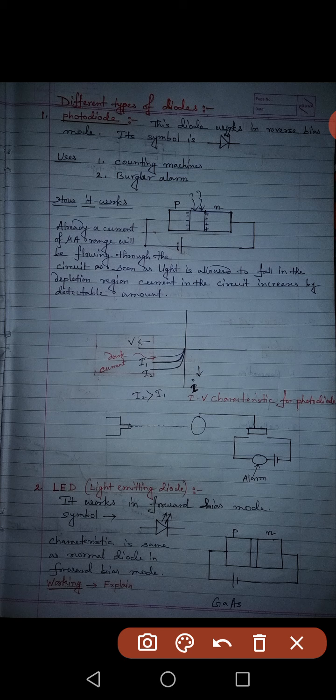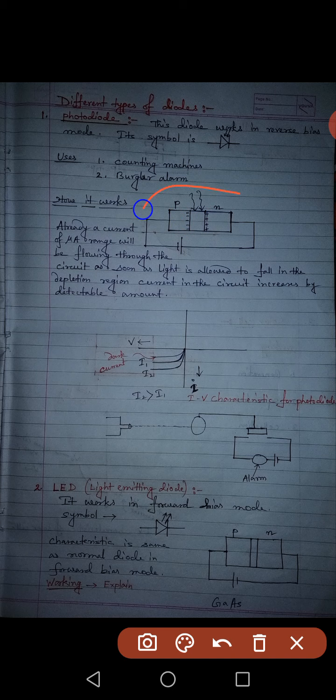And how will they be pulled? Holes will move towards this side, the negative side, because the negative terminal will attract the holes, and electrons will move towards this side. In other words, holes will gather in the p side, where more holes were already there, and in the n side there will be a gathering of electrons. As the charge carriers are increasing in the device, the current in the circuit will also increase.